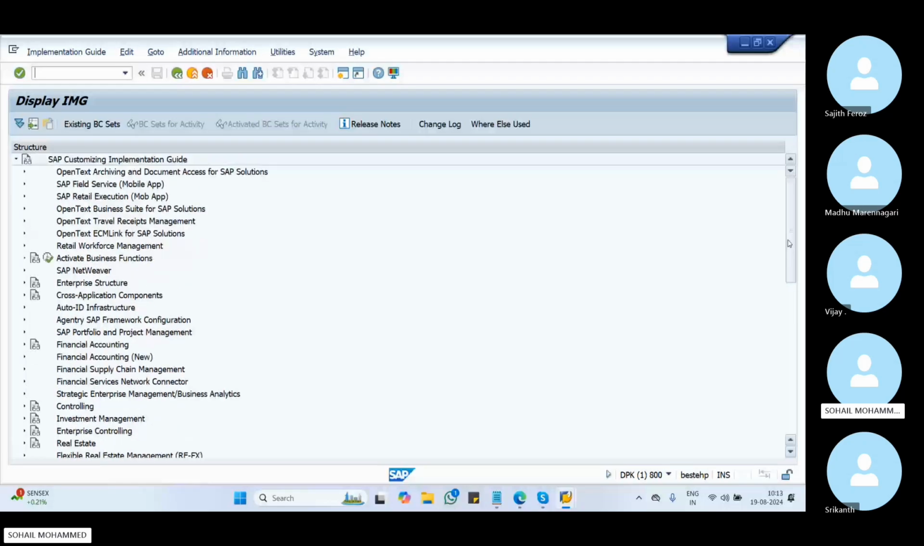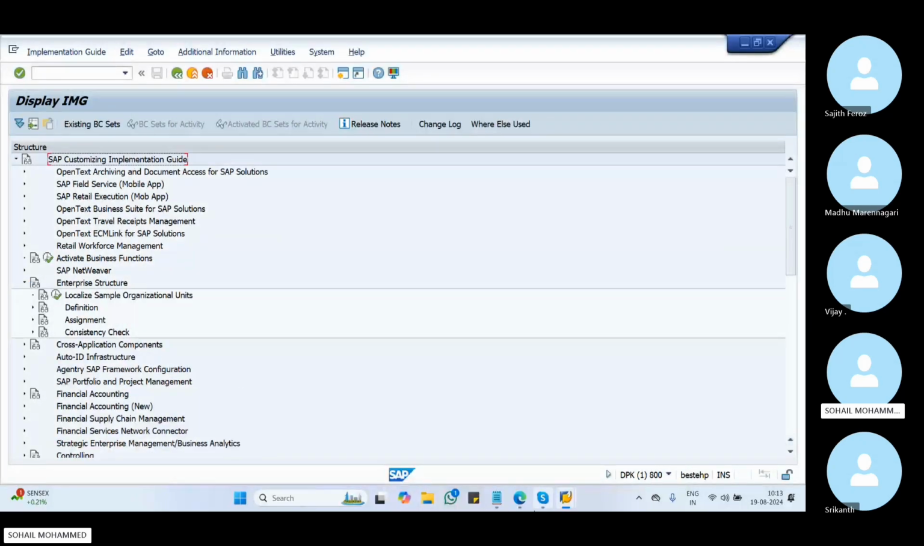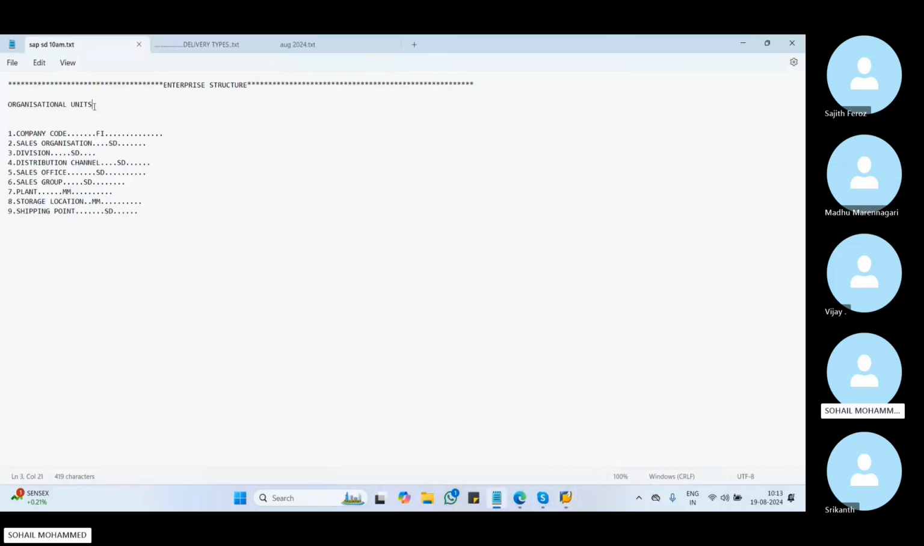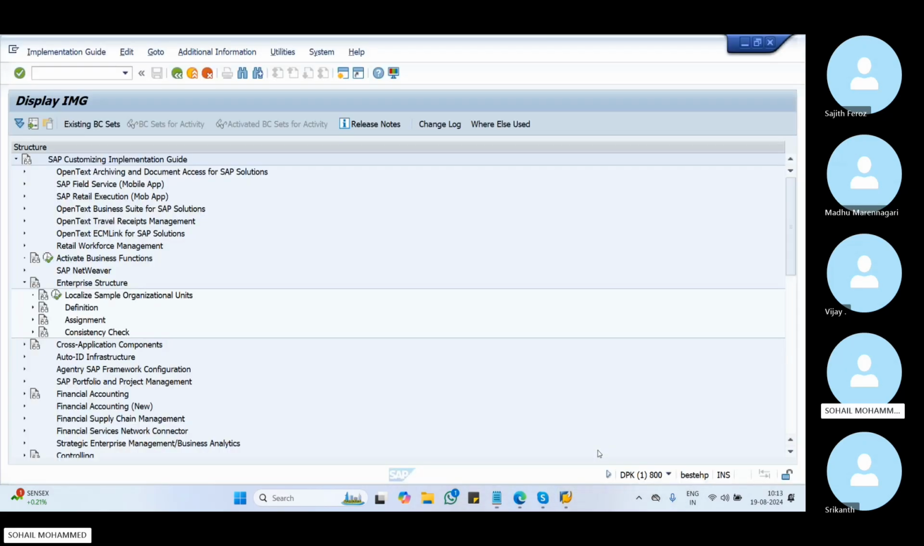So we'll see. The first topic is enterprise structure. First we need to select the enterprise structure here. What we are discussing, organizational units, we can also call definitions. Right. So here we need to click on definitions, and here we can find